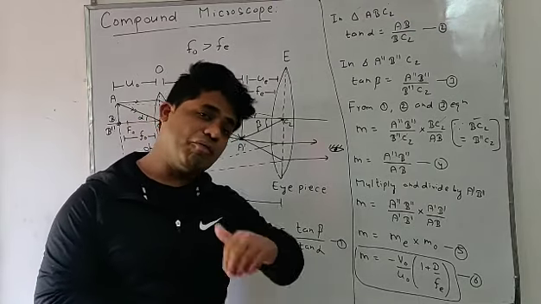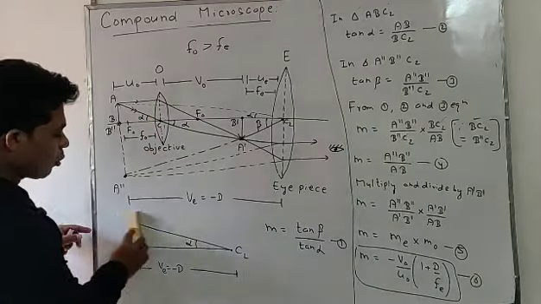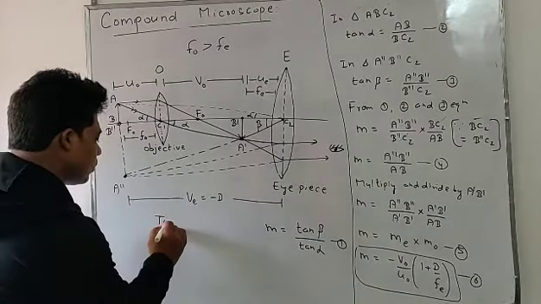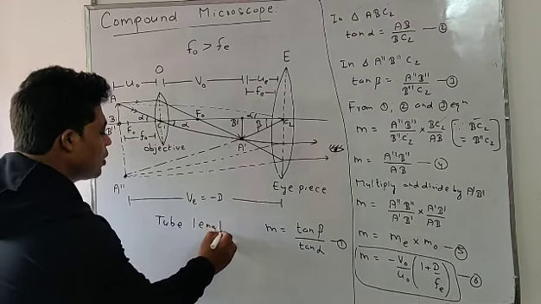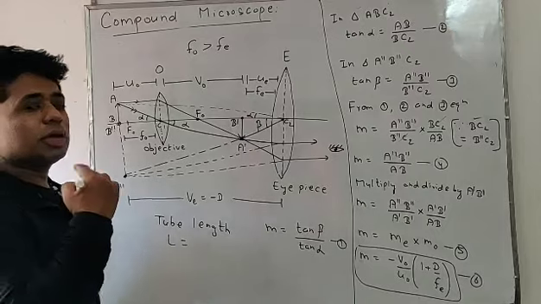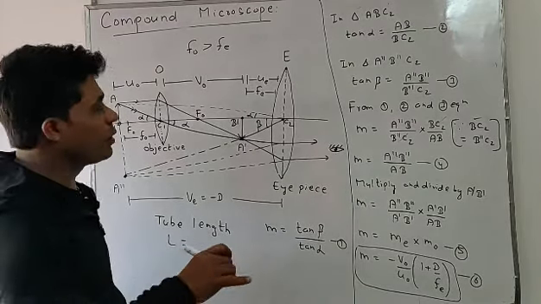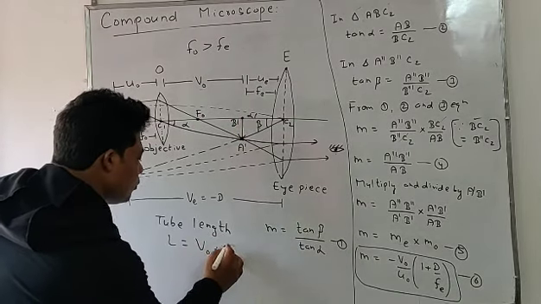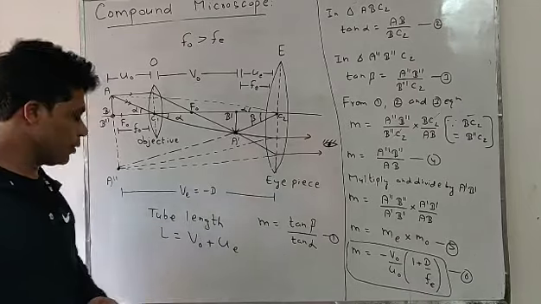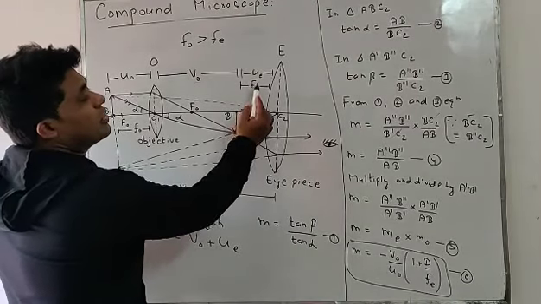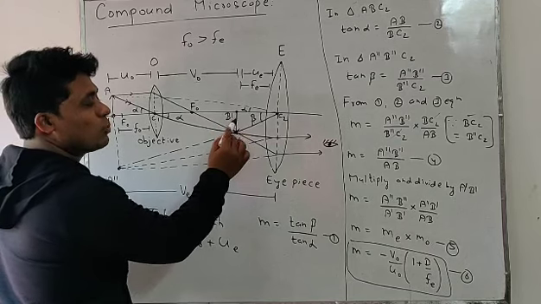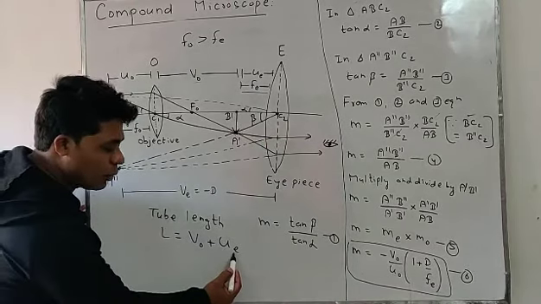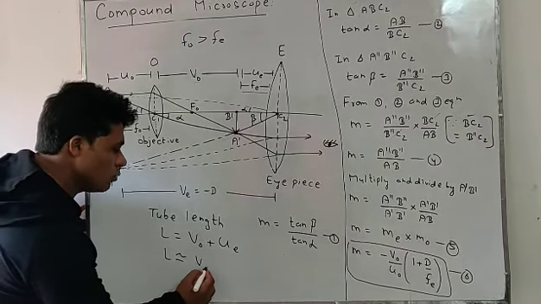So that is the very first form. We can make one more form, students. Look, I am going to remove this portion. Generally a word comes: tube length. What is tube length? The distance between the objective and eyepiece lens is said to be the tube length. From objective to eyepiece lens, V naught plus UE, that is the tube length. UE is equivalent to the focal length of the eyepiece. The object is held very close to the eyepiece lens, so this is a negligibly small distance and we can neglect it. So L is approximately equal to V naught.